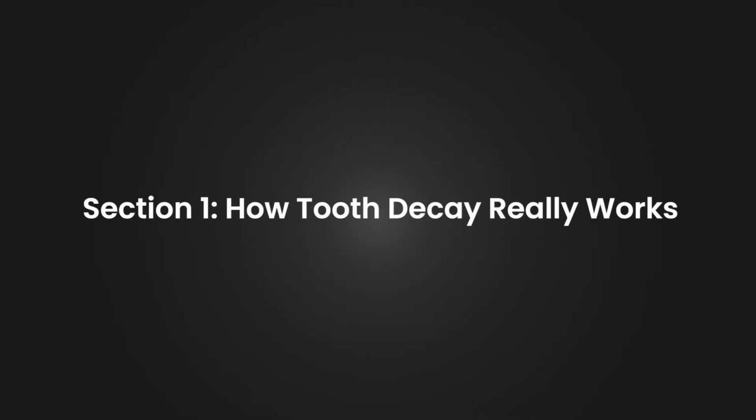But first, what exactly is a cavity? Because here's the thing, the word cavity gets thrown around a lot. And people often use it interchangeably with decay or tooth decay, but it's not exactly the same thing. So tooth decay is the process that slowly eats away at your tooth's protective layers. And a cavity is basically the physical hole that forms after decay has progressed. So here's the key. If you can catch decay early, before it forms into a hole, you can sometimes stop it, and in early stages, potentially even reverse it.